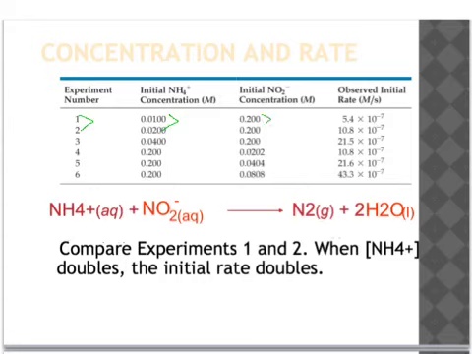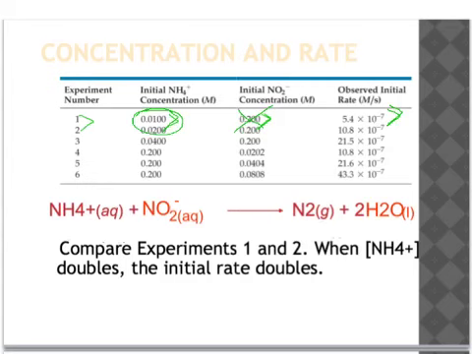The nitrite ion is held the same. There's no change in concentration for that. So whatever happens to the rate is going to be a reflection of the change in concentration of the ammonium, not of the nitrite, since we didn't do anything to that concentration. So what I can see happening here is that when the concentration of the ammonium doubled, the rate of the